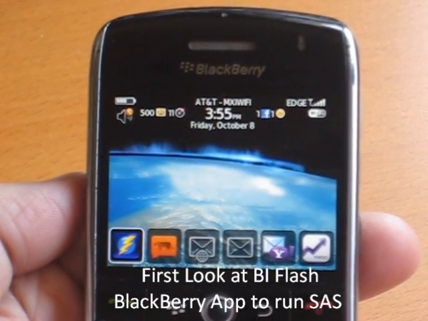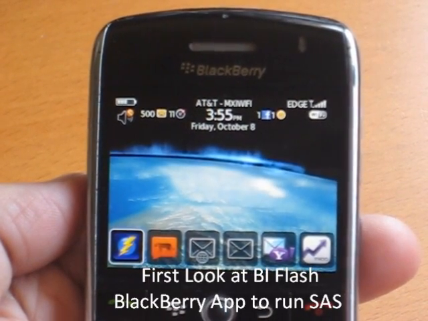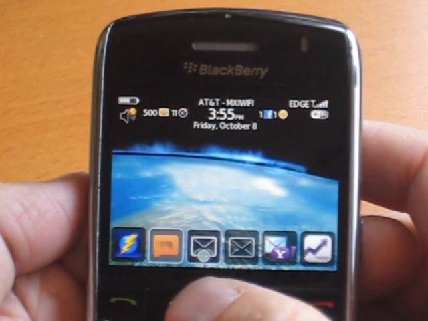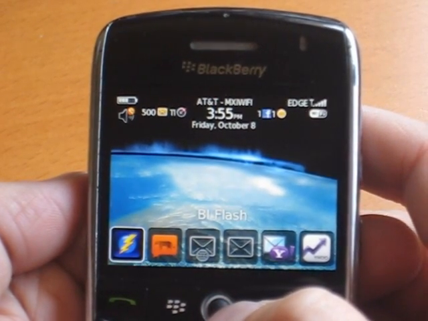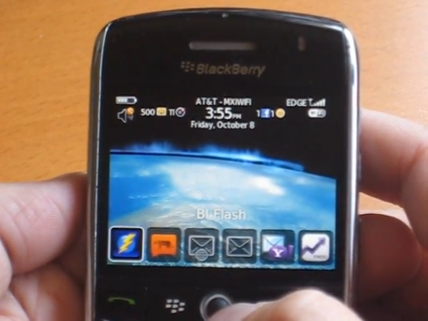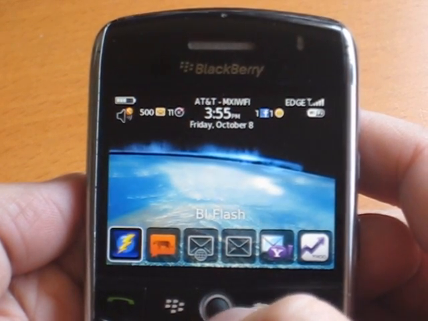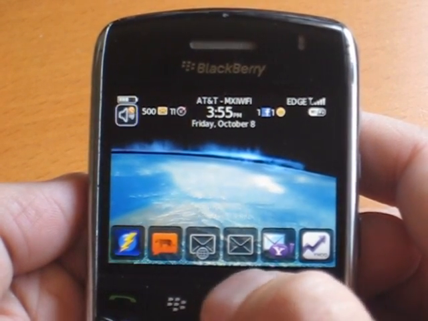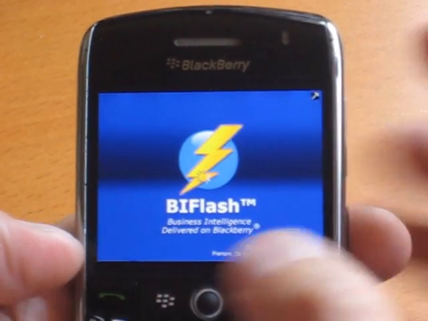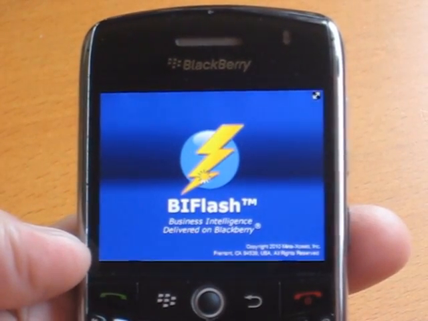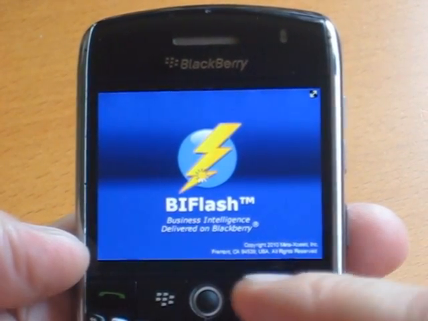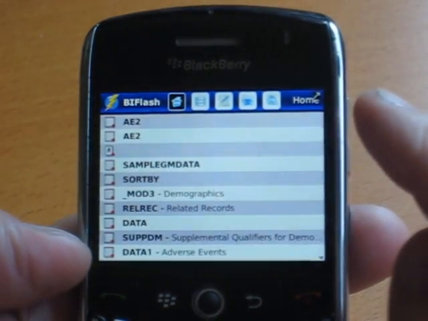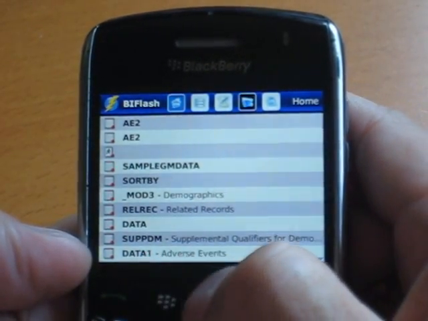Wanted to share with you brief instructions on how to use the BI Flash, which is a client application for the BlackBerry, allowing you to access SAS on the server. So you can go ahead and start it. I put it here on my desktop on my front screen. So when you click on it, it's going to connect to the server, and it's going to show you this